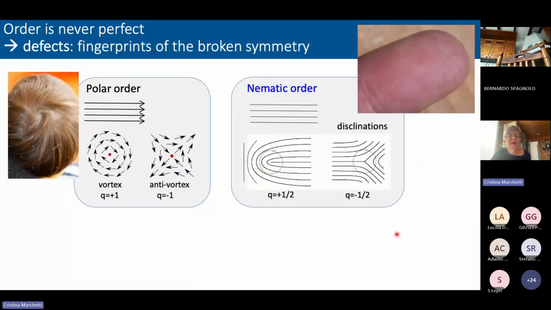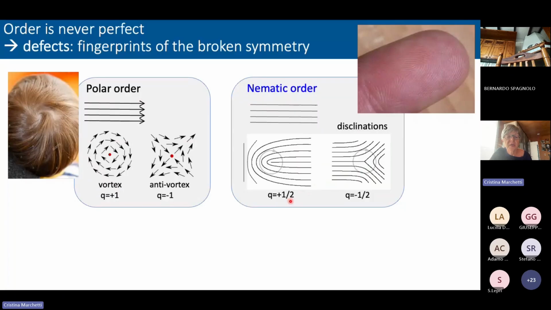But of course, like in passive systems, order is never perfect. If you drive a system through the transition, say, from the isotropic to the nematic state, generally there might be ordered regions interrupted by topological defects. And the topological defects are true fingerprints of the broken symmetry, in the sense that the lowest order topological defects depend, for instance, on whether the order is polar or ferromagnetic, in which you have vortices and anti-vortices of integer charge, or nematic, in which the lowest order defects are so-called disclinations, with this characteristic structure here,